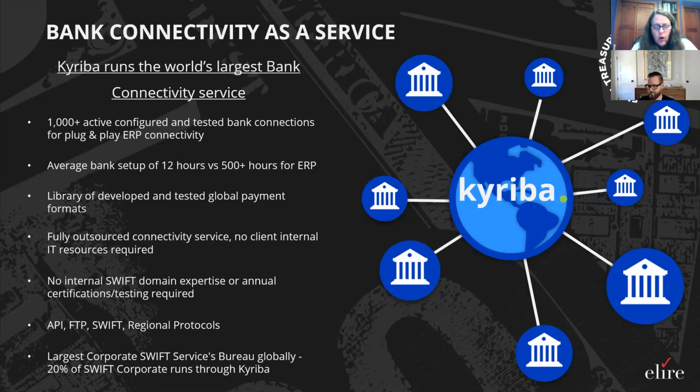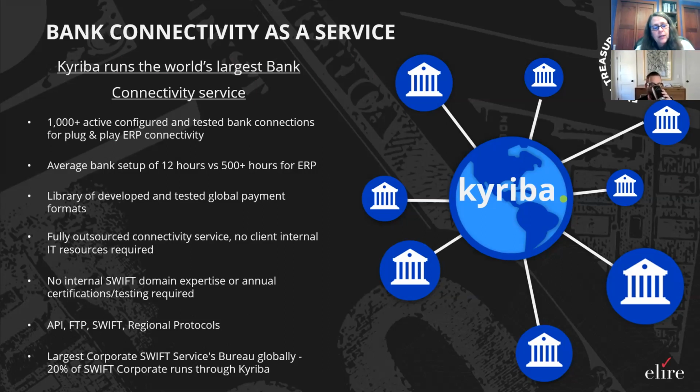So when we start out our conversations working with new clients, we always start with bank connectivity. How many banks do you have? We start to take a look at rationalization. Earlier this week, I met with another company who had 12 international banks. We went through the analysis and we were direct connected to 11 of them. The 12th one, I went back with 2 recommendations.